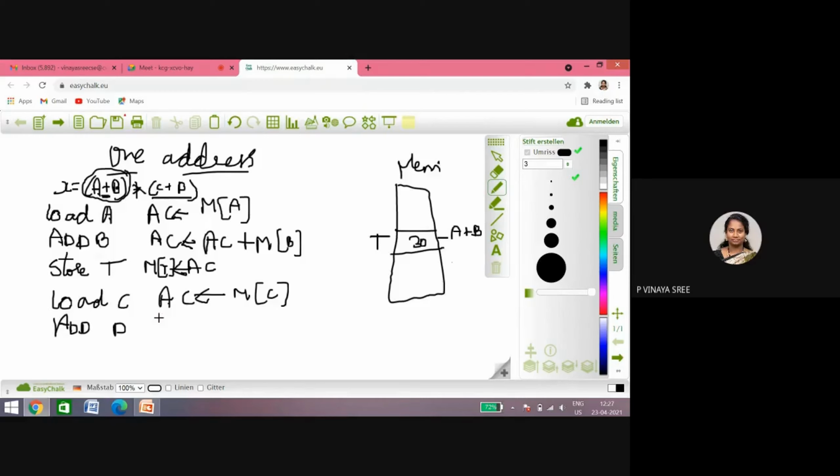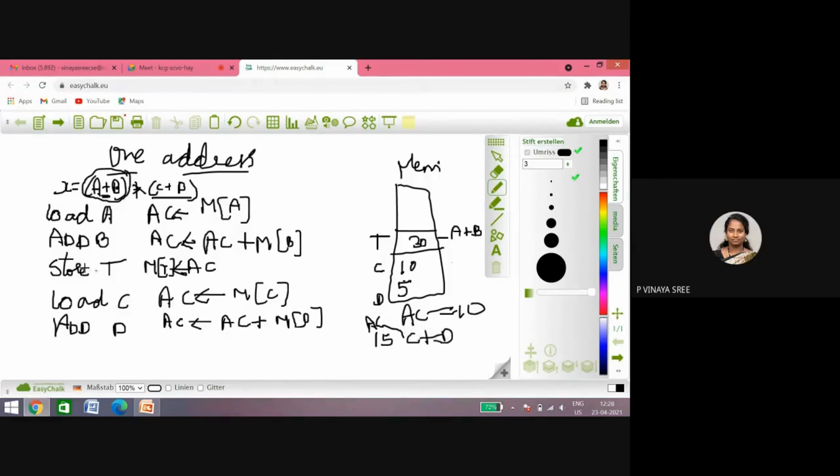The accumulator contents, which are present in the accumulator. Let us consider that in the accumulator, from the c location, we have 10. So accumulator equals 10, and d value equals 5. In address d we have data 5. So you get the accumulator contents plus the M of d location data. In M of d we have 5, in the accumulator we have 10. Both will be added and the result stored in the accumulator, which is 15 now. So the accumulator is storing the c plus d value.